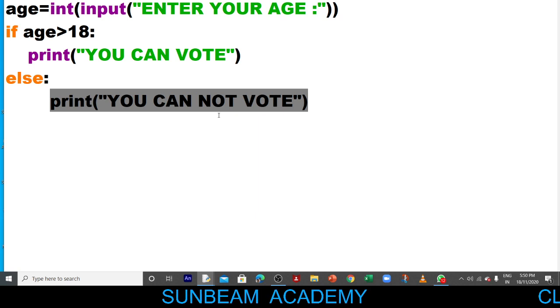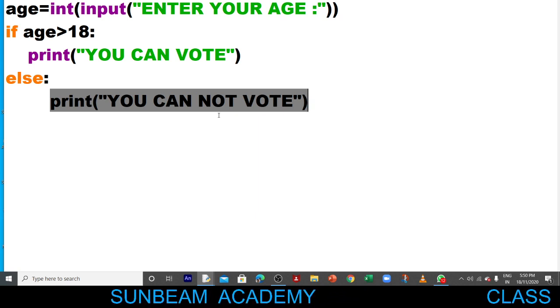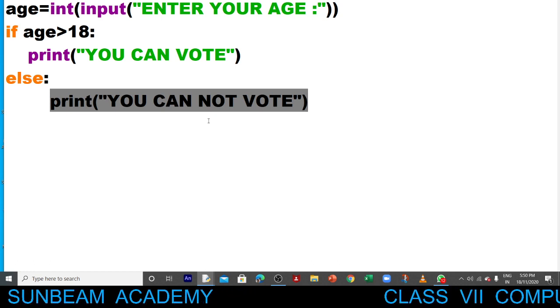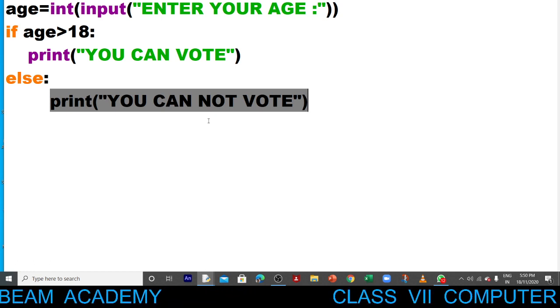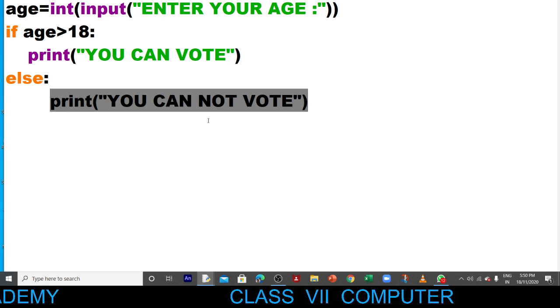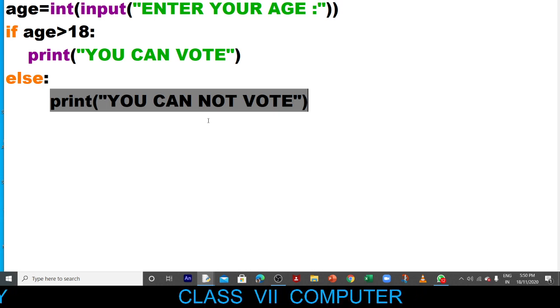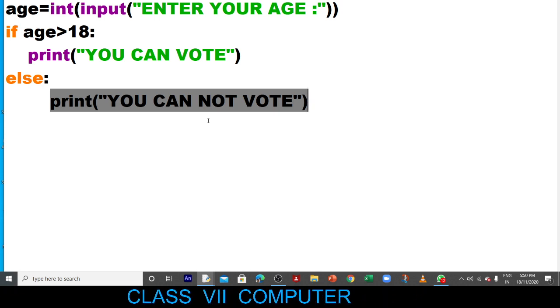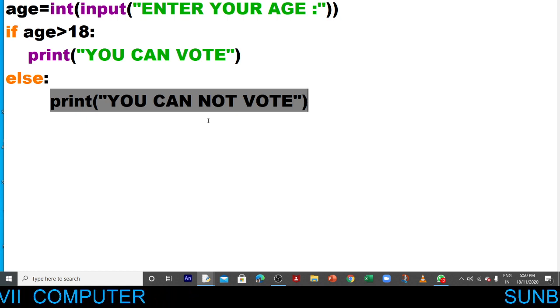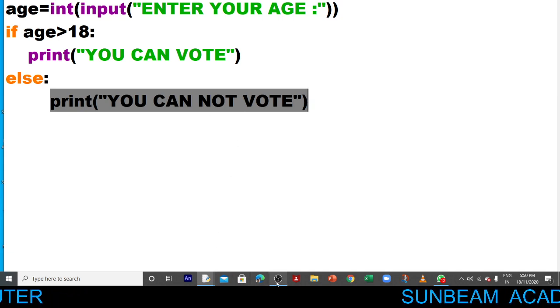Now after this we have to use multiple else conditions. If you want to use more than one condition, the if else statement. What is the next one, children? The next condition is given on page number 87. If you are able to see your book, open it. Page number 87 is the if else statement. If you are using multiple conditions, then what will happen? So now let's see the multiple statement.